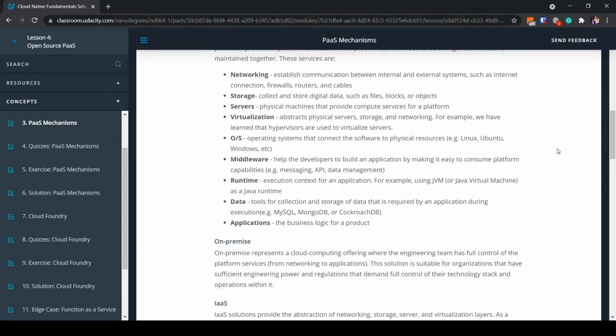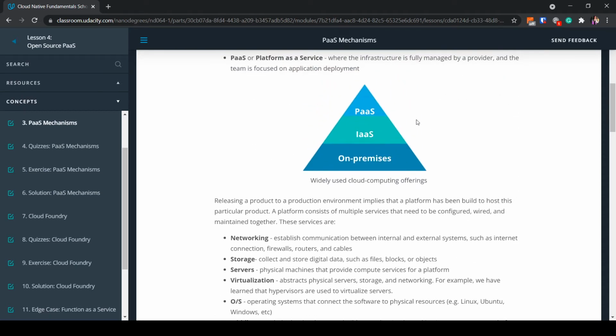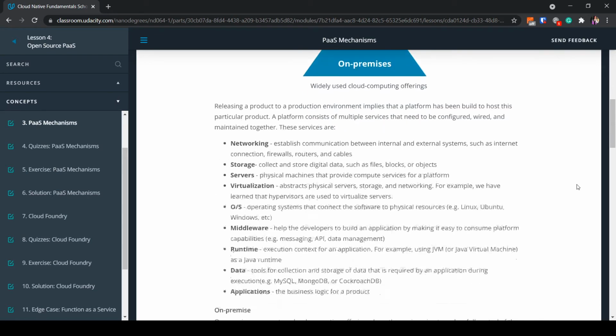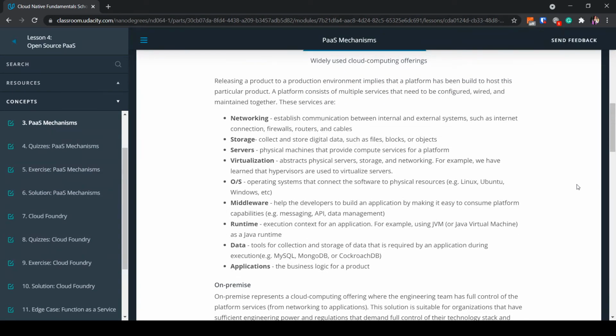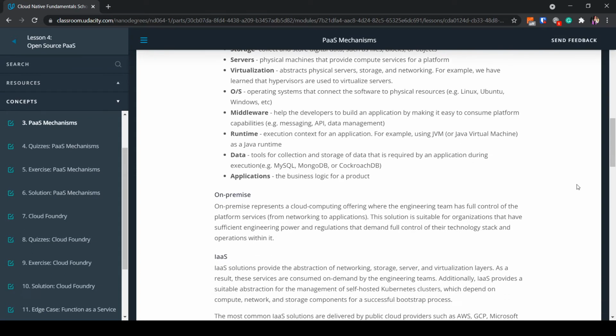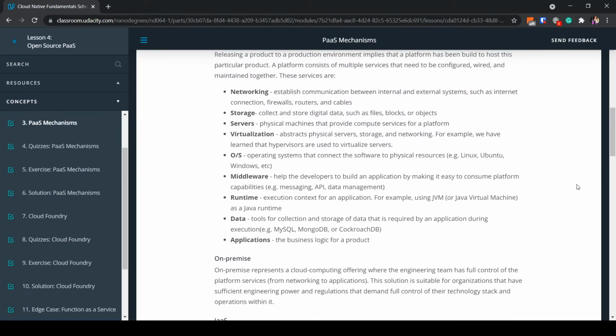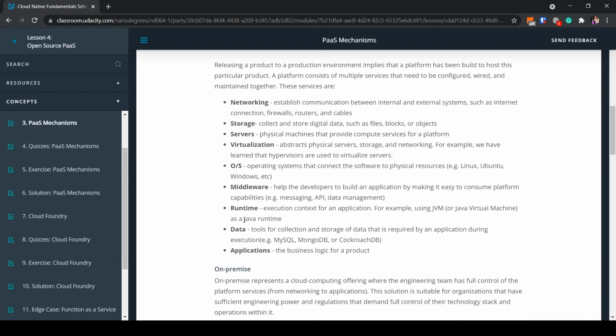The next aspect is something called the data. In data, we will be looking at different forms of storing information. This can be something as simple as text files, or it can be complex databases such as MongoDB, MySQL, PostgreSQL, and many more. The next step in the line is the application. An application will contain all of the systems and services needed for that application to perform its business function. Essentially, it contains all of the business logic of a product.